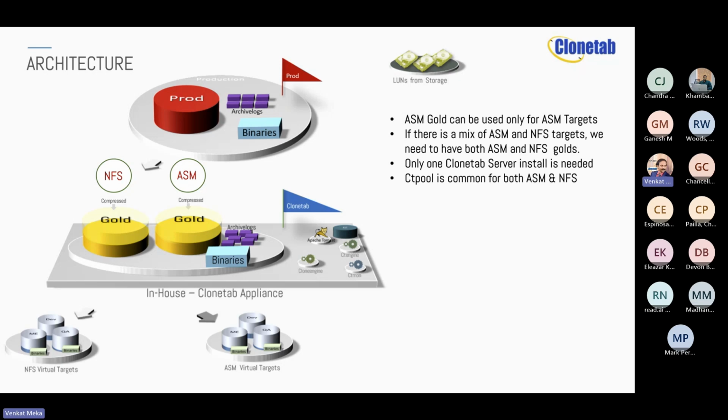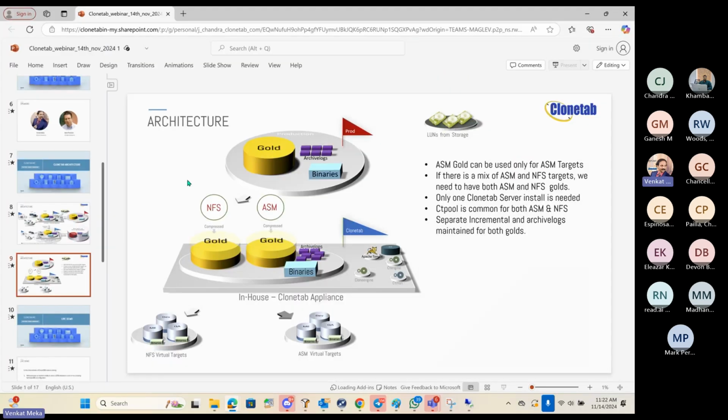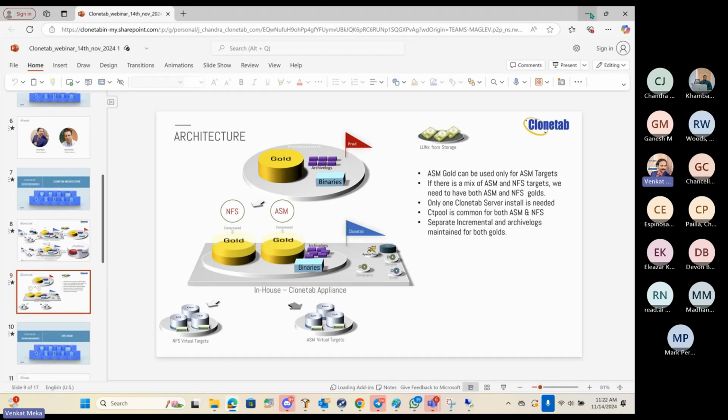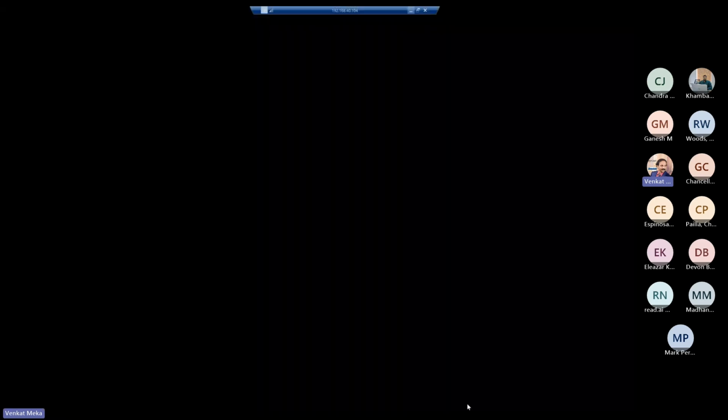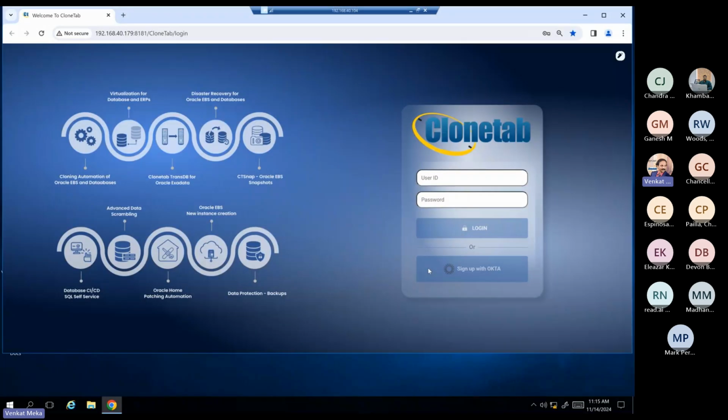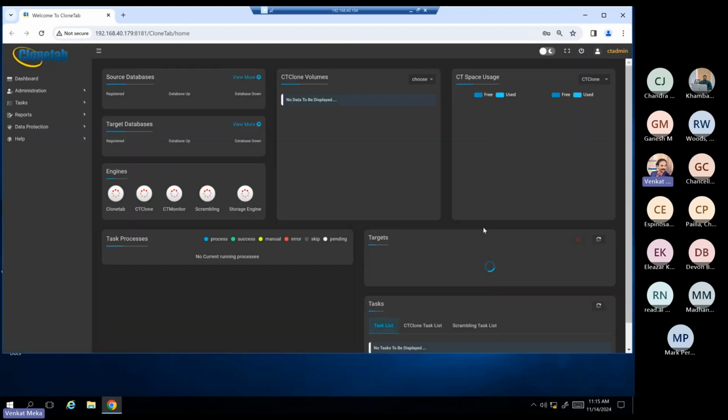So now I'll take you to the actual application and then show you how that looks. We'll try to kick off the clone, and that will be running behind the scenes. And then we'll revisit, go through some of the UI components, and you can also pose any questions, which we should be able to answer, and so on and so forth.